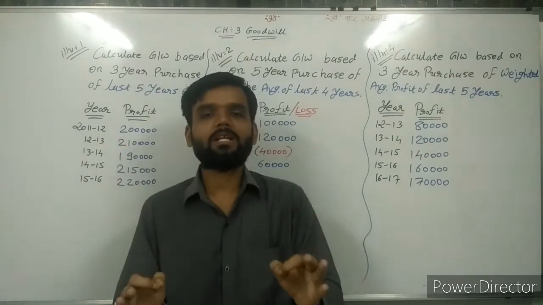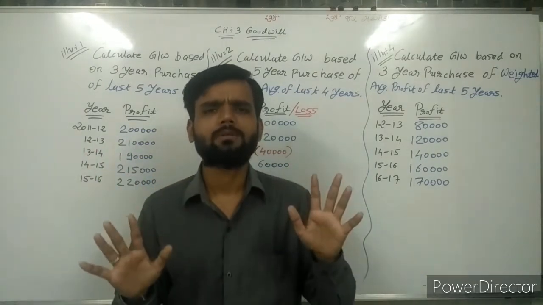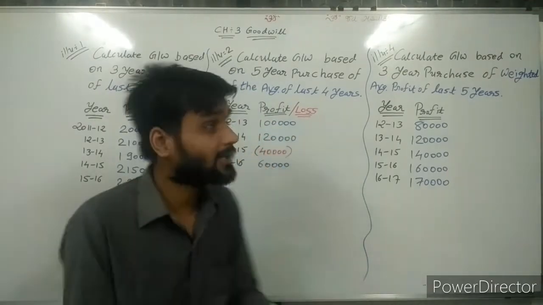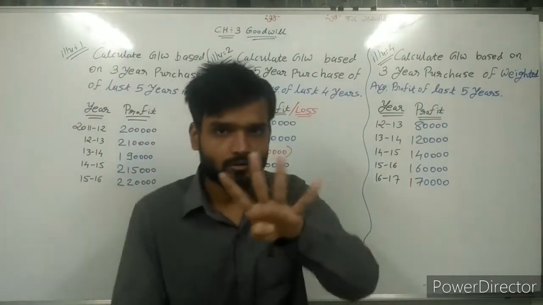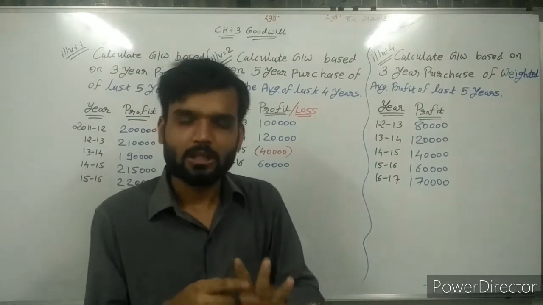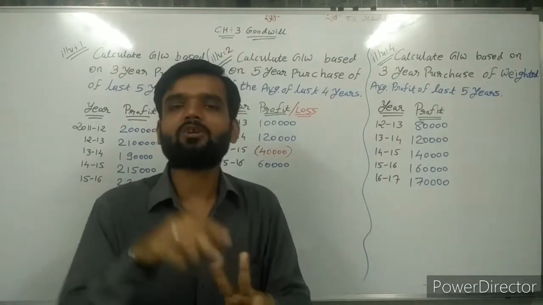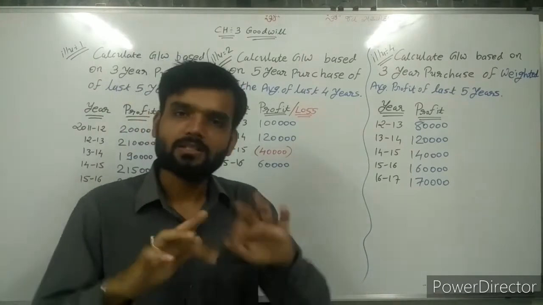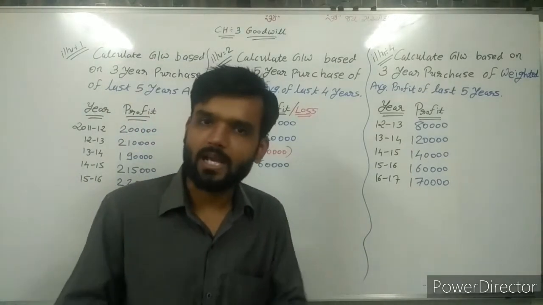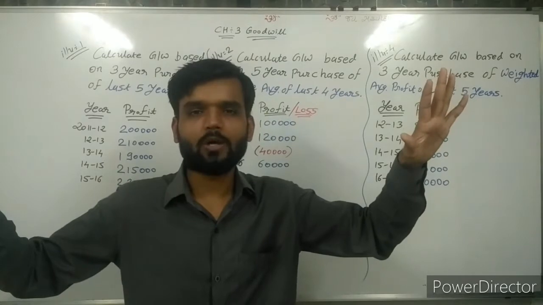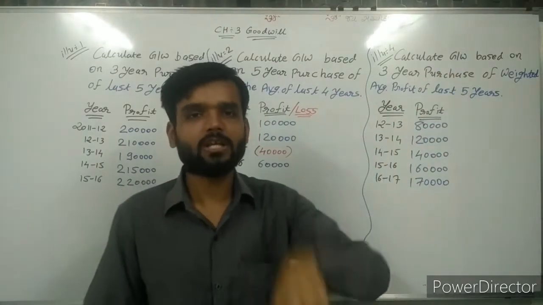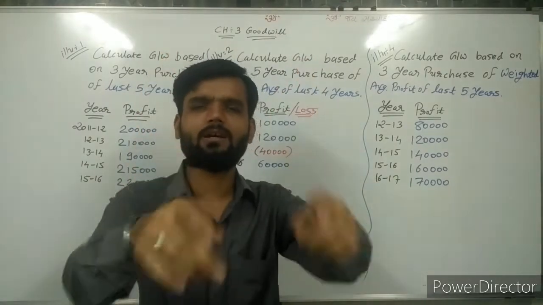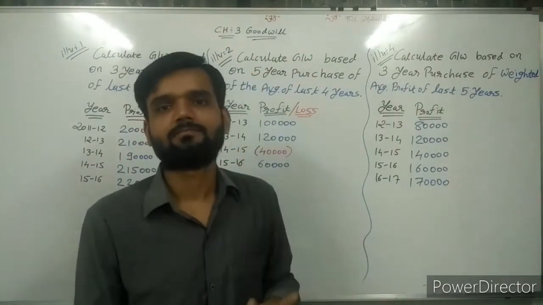Today we are covering simple sums because in this chapter 4 methods are there. Two methods we are doing today, and the remaining 2 methods in the next lecture, and then it is over. So today we are talking about only 2 methods, which are the easiest methods in this chapter.